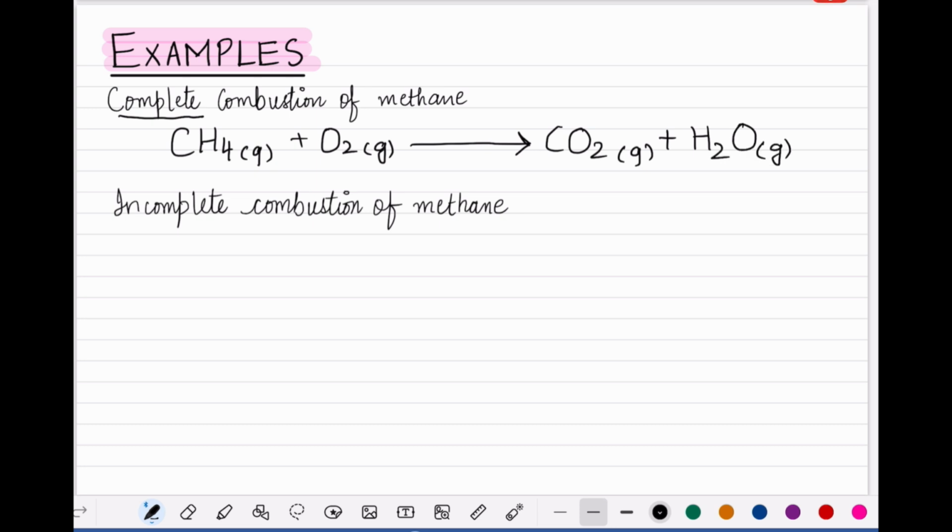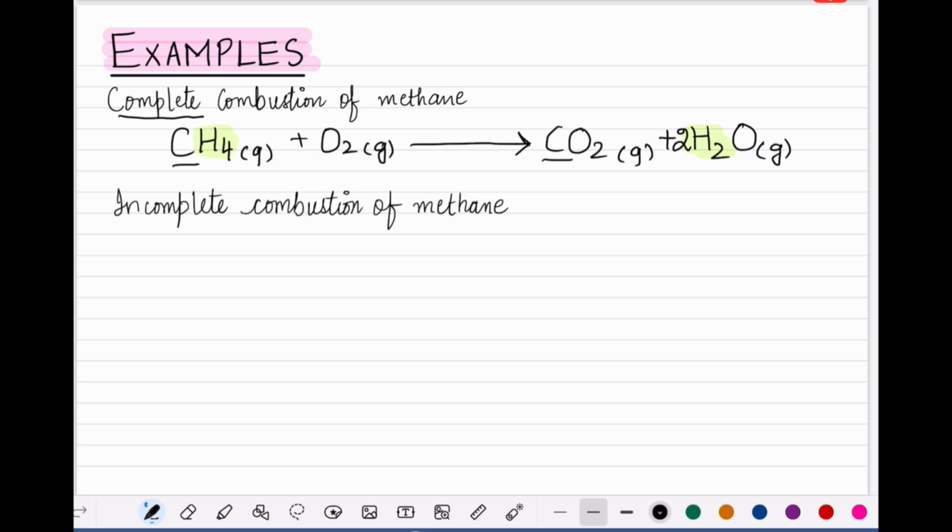Now we have to balance this equation. For balancing, remember that always balance the carbon atoms first. As this equation has same number of carbon atoms on both sides, then move towards the hydrogen atoms. For hydrogen atoms, there are 4 hydrogen atoms on the reactant side, whereas 2 hydrogen atoms are present on the product side. In order to balance it, I will add a coefficient of 2 with the water on the product side.